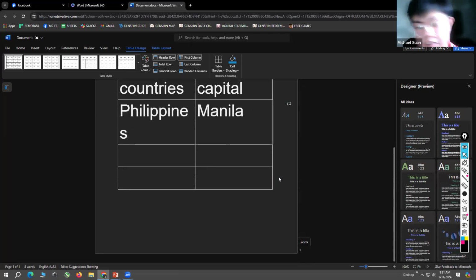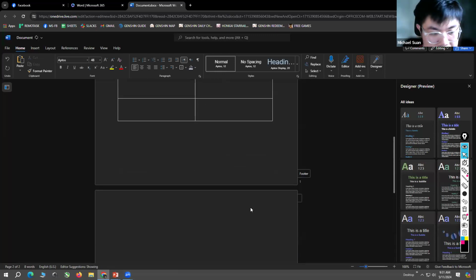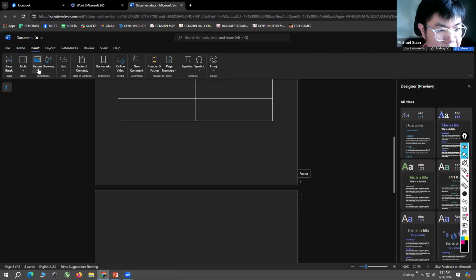So next is we insert a picture. So how do you insert a picture? You just click insert and then picture. So in this drop down list, you will choose where the picture is saved.